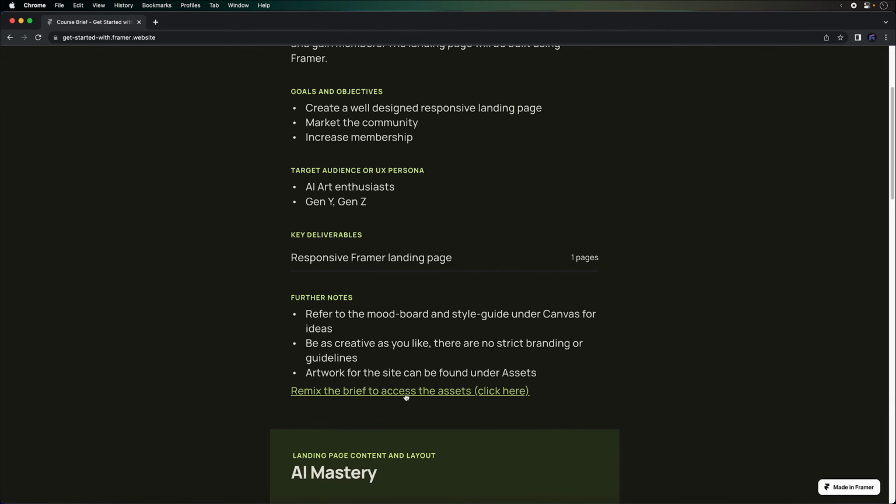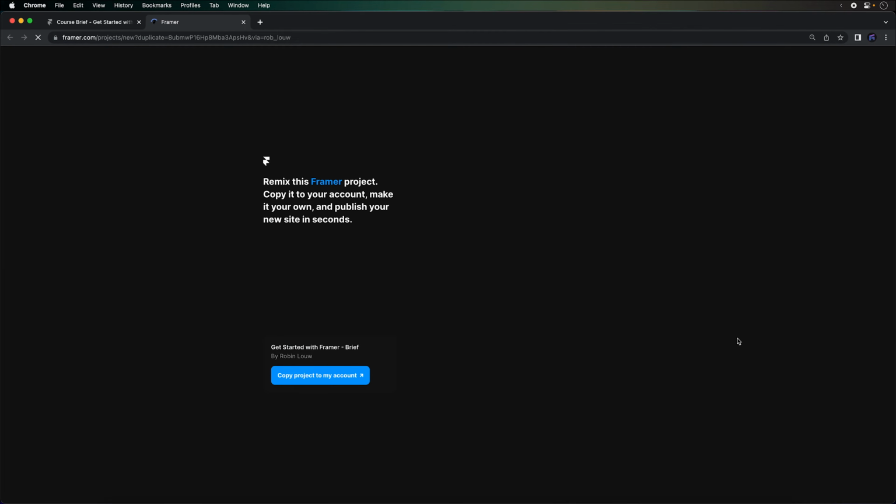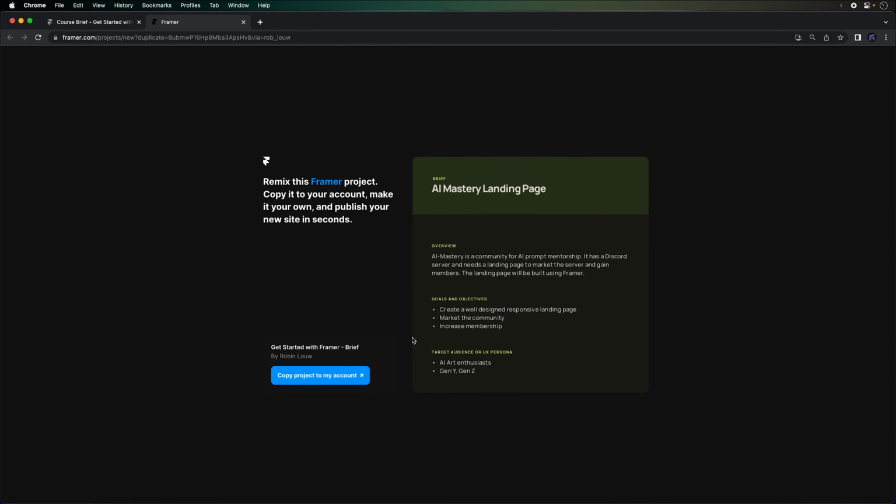So included with our brief are the assets for the site. So we can click on this. Be sure to click on the remix link so you can remix the brief and get access to the assets. And once you click remix, just copy project to my account, and then you can get started from there